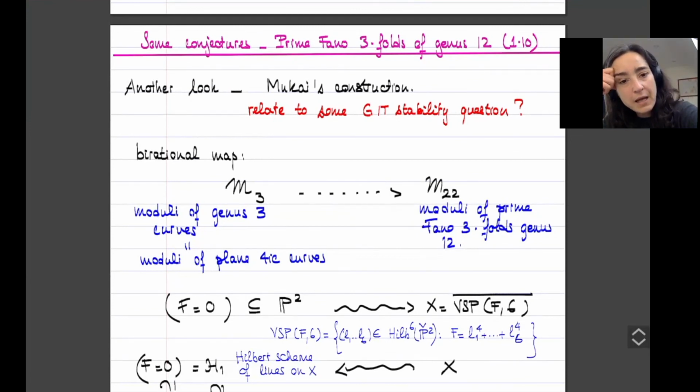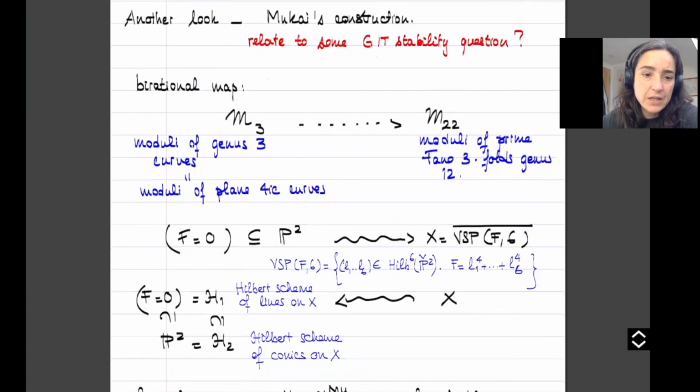And so Mukai had this alternative construction of these prime Fano threefolds of genus 12, starting from a plane quartic. So he shows that you have a birational map from the moduli of genus 3 curves to the moduli of prime Fano threefolds of genus 12, where essentially, if you start on the curve side, you have a plane quartic and you take the variety of polar sexagons of your